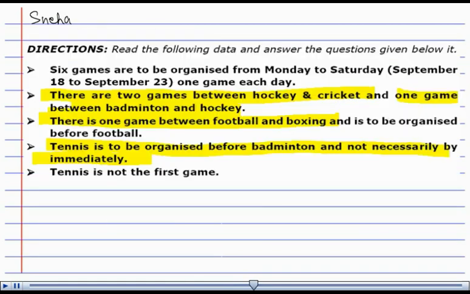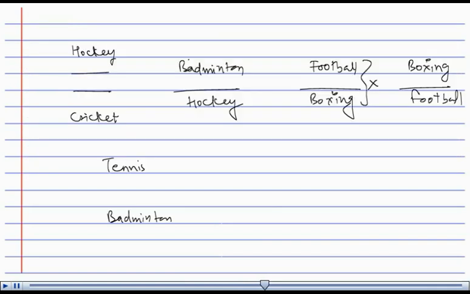Since it is also given to us that tennis is not the first game, the first game which can come is cricket. So the first game is cricket. It can have 2 games in between and then there is hockey.